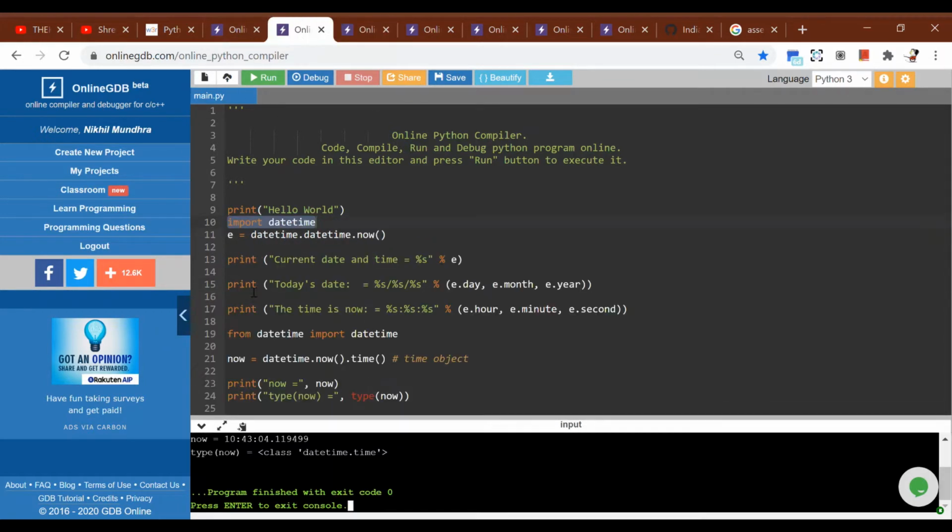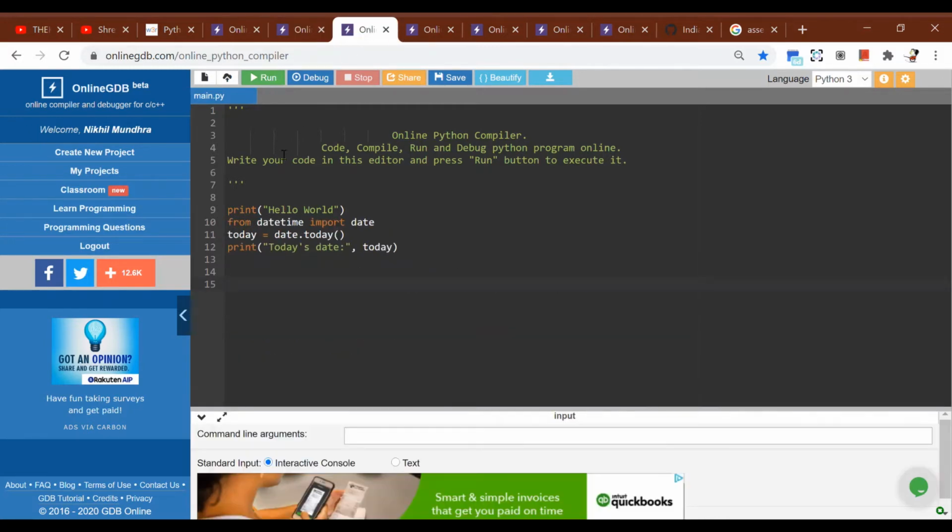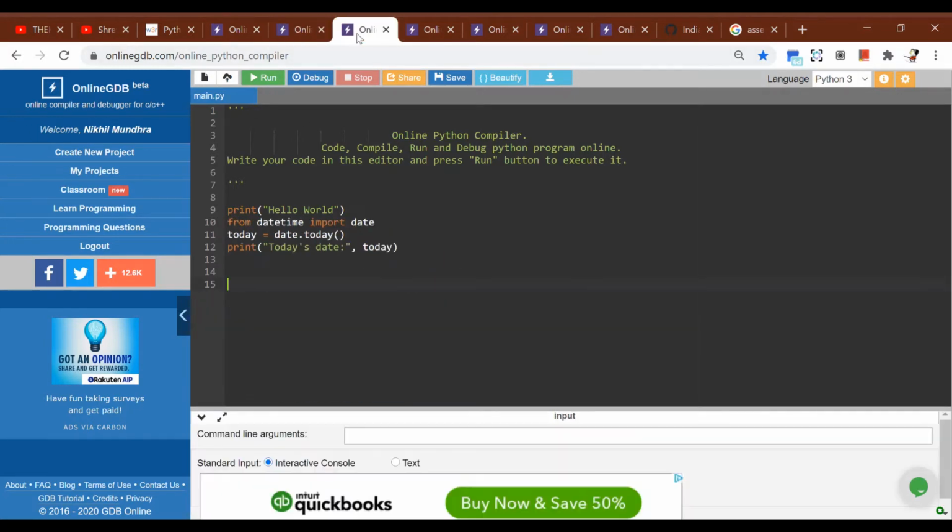So the first way to do it is to first import, then put a random variable, and then write this piece of code, and then do something like this with print, and then you need to just do the final endings. So type now is a new variable which I learned, and type now actually helps you in declaring things. Well, I'm going to share a different video on this, so let's continue.